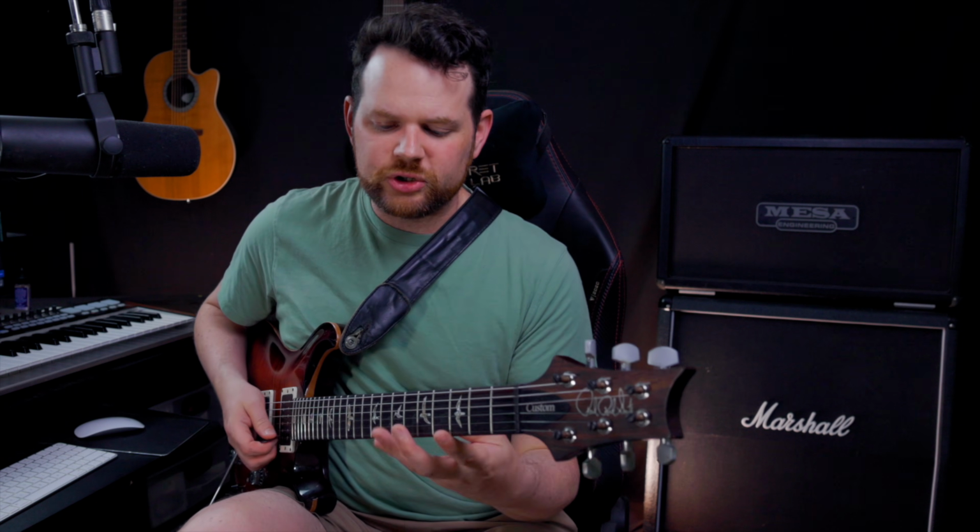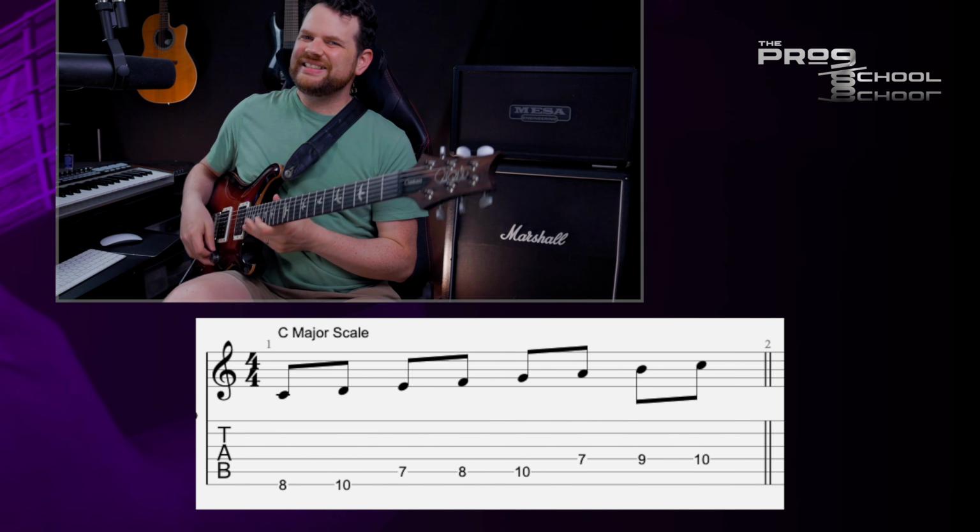Now, this lesson is really designed for someone who has an understanding of your basic triad arpeggios, specifically major and minor arpeggios. If you don't know what any of that means, then this is probably not the lesson for you. But if you understand how to play your basic major shapes or minor shapes, then this is just going to expand upon that, because we're just going to be adding on to these basic triad arpeggios. I will talk about it briefly at the beginning, but then I'm going to jump right into the 7th arpeggios. So we're going to start with our basic C major scale,